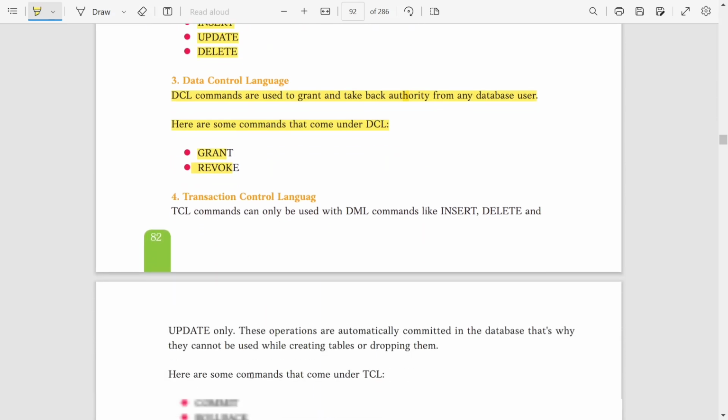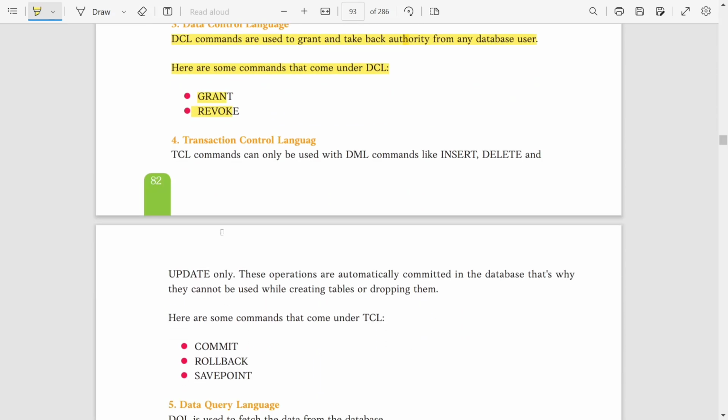After that, TCL commands. You can write that TCL commands can only be used with DML commands like insert, delete and update.